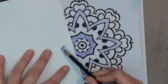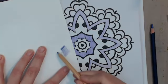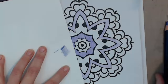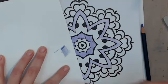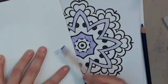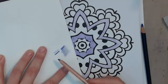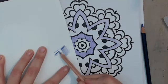But I guess it depends on how. Oh, here's a good test. Where's the violet? If I use it without dissolve, that can't be right. No, violet blue. Like that doesn't look like it. That can't be right because it's the wrong color. So if I swatch it beside, if I bear down, it looks like that. I don't know, can you see this at all? And if I go lightly